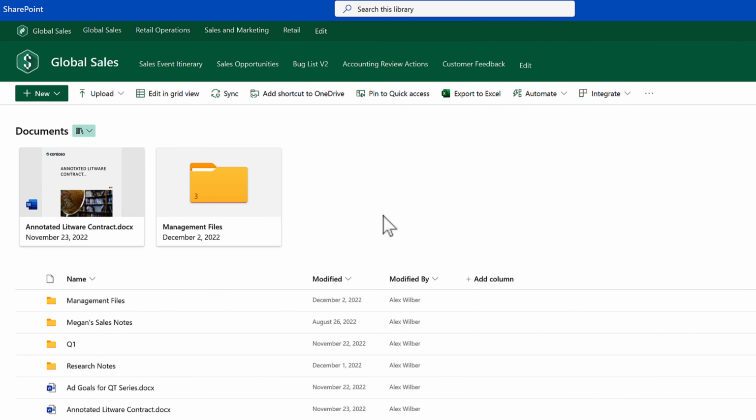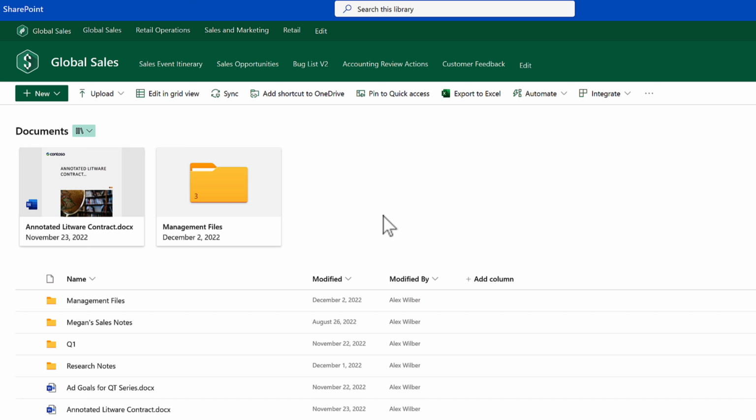So let's get started in our global sales area, which is my SharePoint site that me and my team collaborate on. Now, of course, you may be new to SharePoint, and what you're going to see here is we're working in our documents area. Typically, every SharePoint site will have a documents library, aptly called documents, that you'll see a number of files and folders within, and much the same as what you're going to see here on my screen